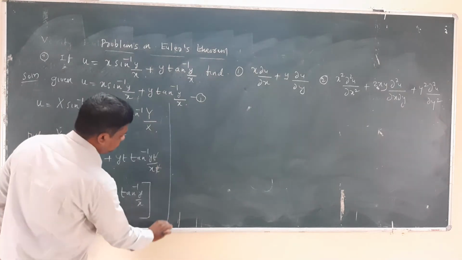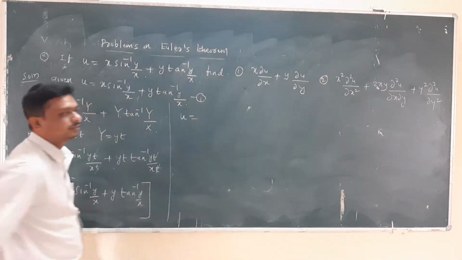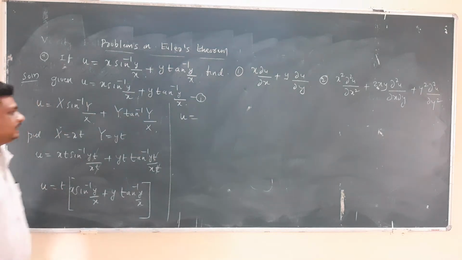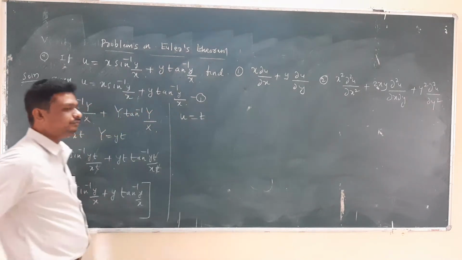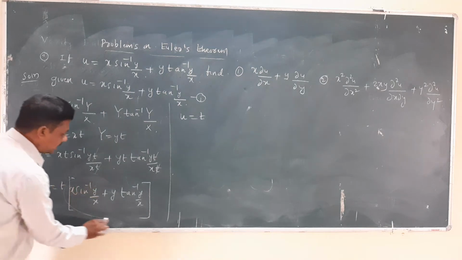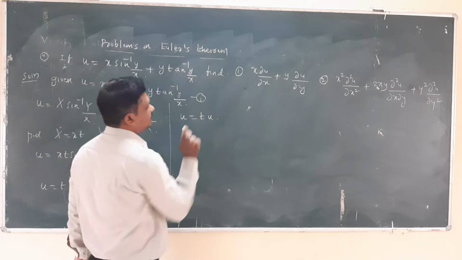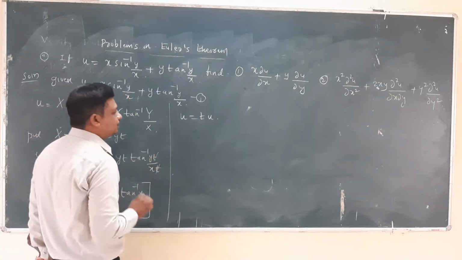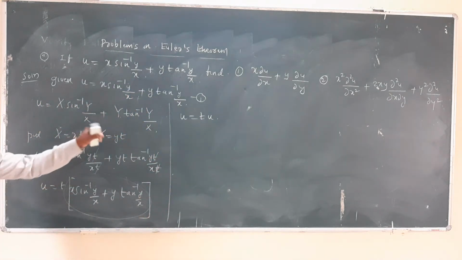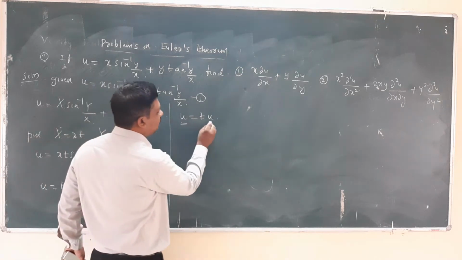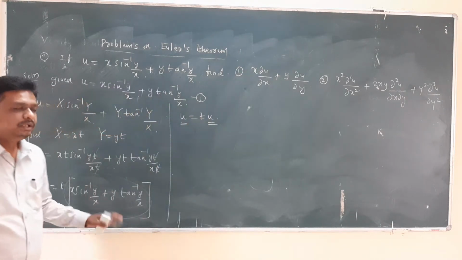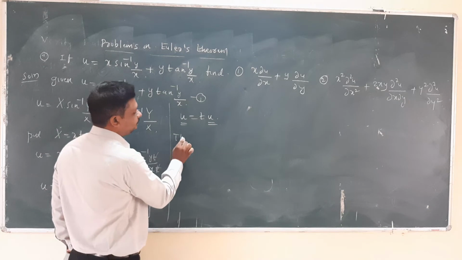Therefore, u is equal to t times, I will write this t as it is, and this is again u from equation number 1. So by substituting x equal to xt and y equal to yt, again we got u is equal to u. Therefore, the function